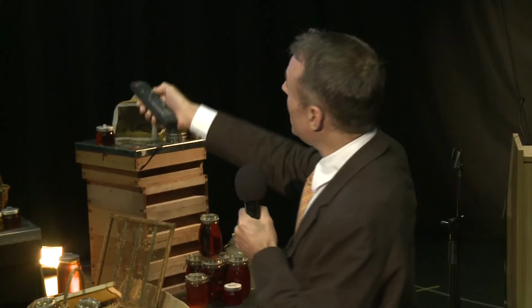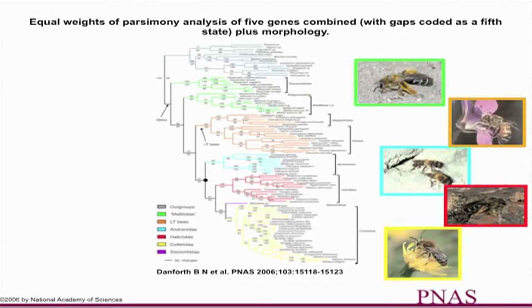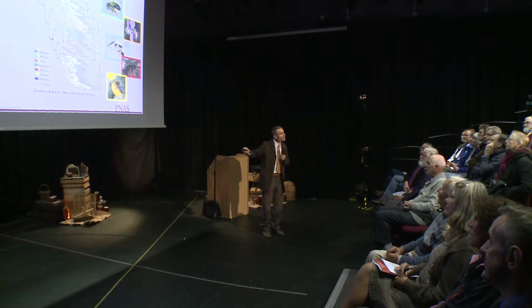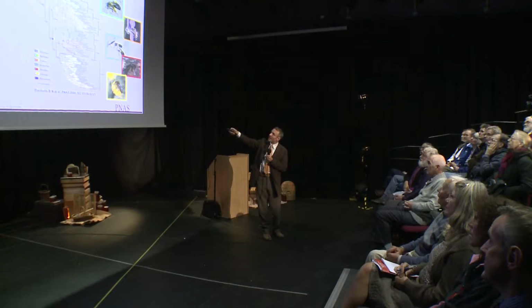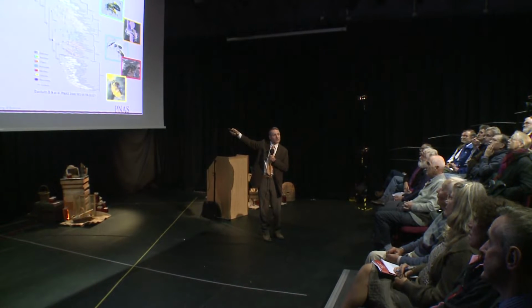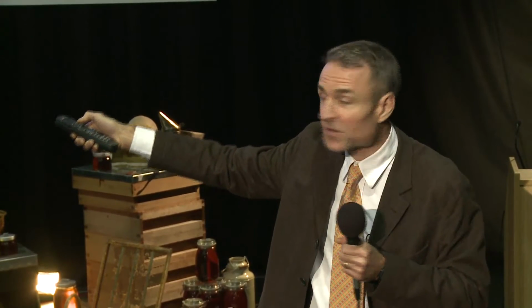The thing to note about this is it's a representative sample of all the bees. We've got the honeybee here, which is brown, and I've tried to label that brown, because the honeybee is in here. So what we can see is the honeybee is not the most derived and most recent of bee species, far from it. In fact, back here we think is the origin of bees, so when branched hairs first arose.